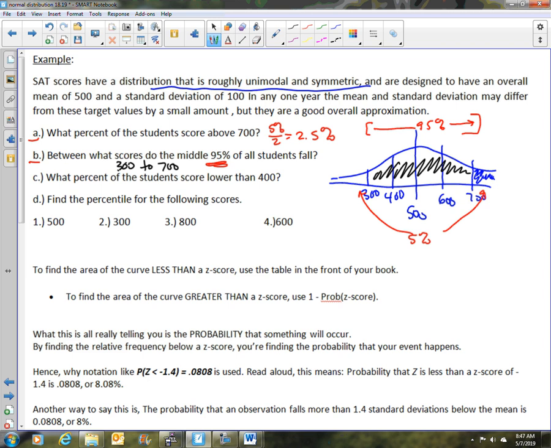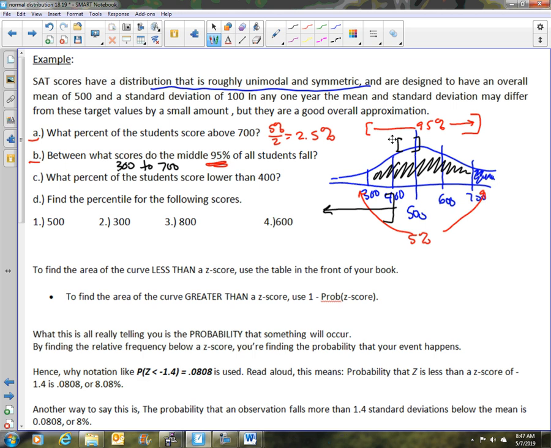Now, C, what percent of the students scored lower than 400? All right, now, in this particular case, we're looking for the percentage that goes to the left of the 400. I hope you see that 400 is 1 standard deviation below the mean. Now, by the empirical rule, we know that this region right here,